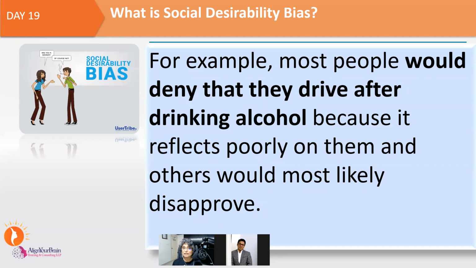This is about being assertive. It's about the self-image that you create. It's about self-confidence. It's about self-trust. And it is also overlooking the desirability bias, and being able to honestly say that, yes, you did it. It was wrong. It's not that everything you do in your life is the right thing, right? Of course, drinking and driving is also dangerous. But if you're able to accept it and then start saying it when people ask you, especially in a social setup, and it's also linked to how important status is for you. And this is what is there in the SCARF assessment that I take, where status is one of the aspects of it,